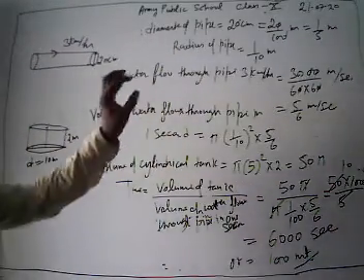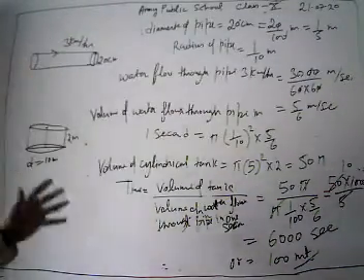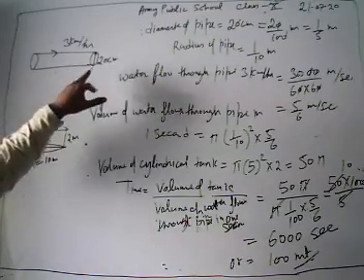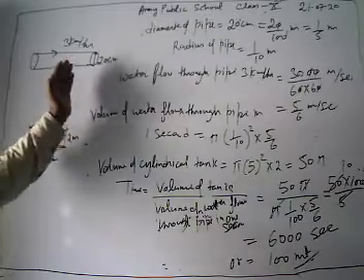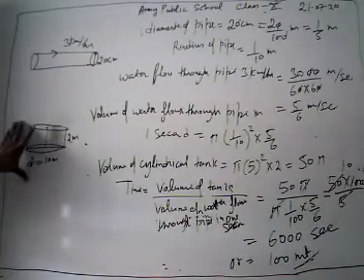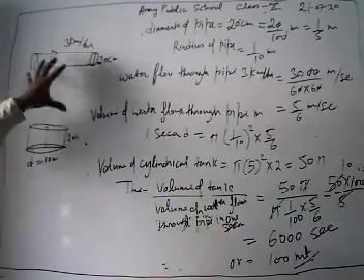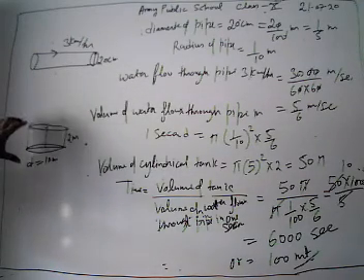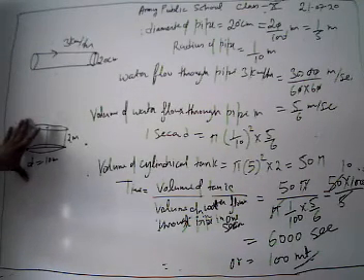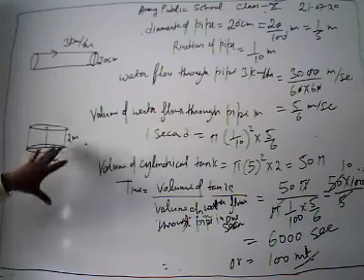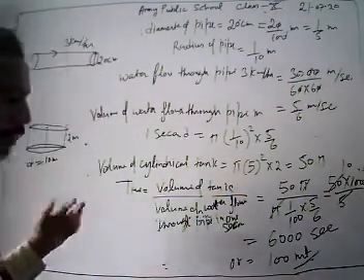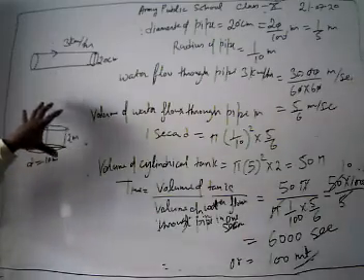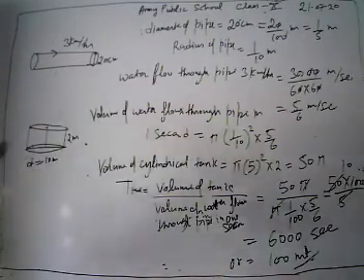I'm just going to revise what was given. There is a cylindrical pipe having a diameter of 20 centimeter, and water flows through it at 3 kilometer per hour, and there is a tank. The tank is filled by this cylindrical pipe. The tank diameter is 10 meter, and the depth is 2 meter. We have to calculate the time taken by this pipe to fill this cylindrical tank.